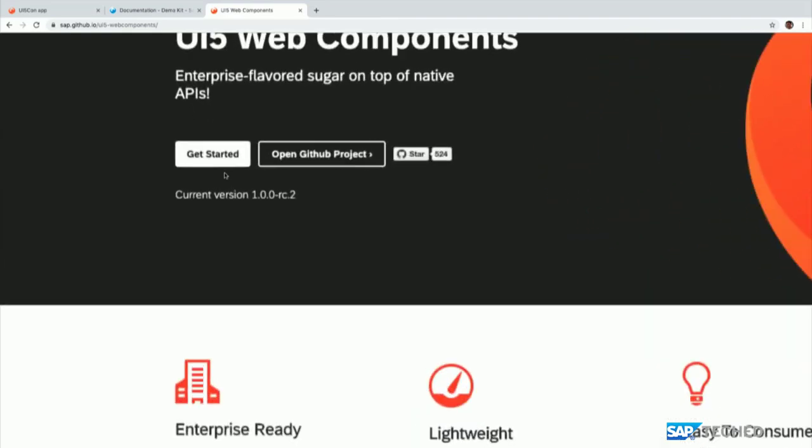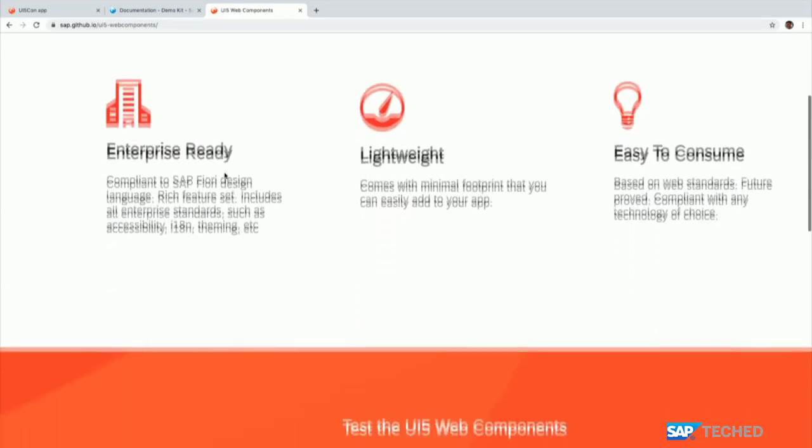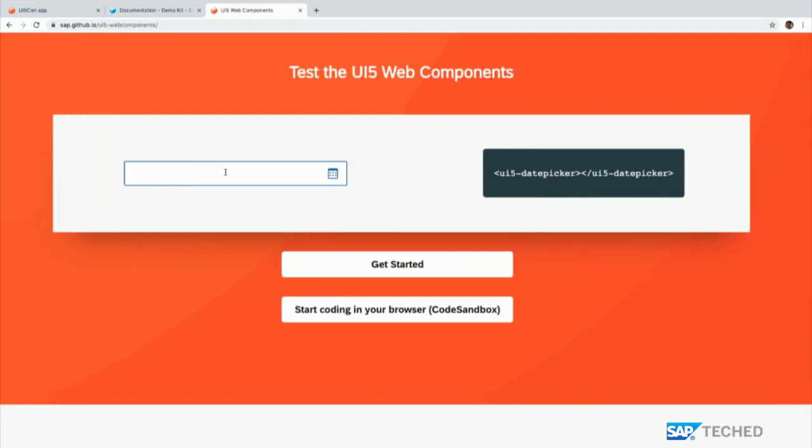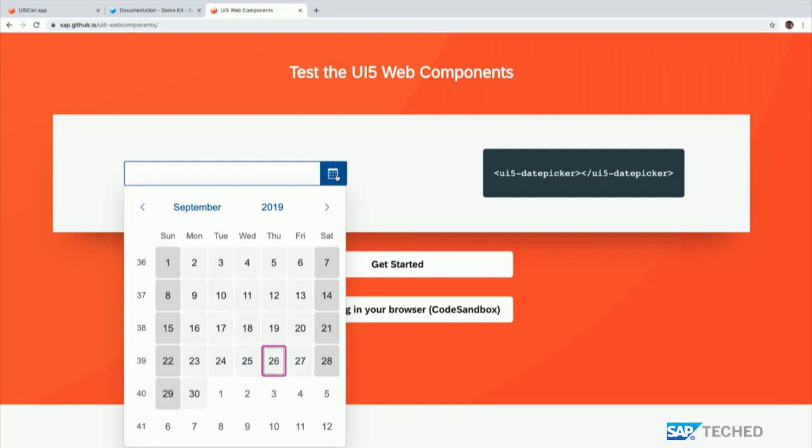Now, if I zoom in a little bit and scroll down, there's a simple example that I think illustrates quite nicely what we do. On the right-hand side, you see this HTML tag that we've created, right? UI5 date picker. If you load the necessary web component and put this in an HTML document, this is what you get. You get a fully functional Fiori compliant date picker that has all of the